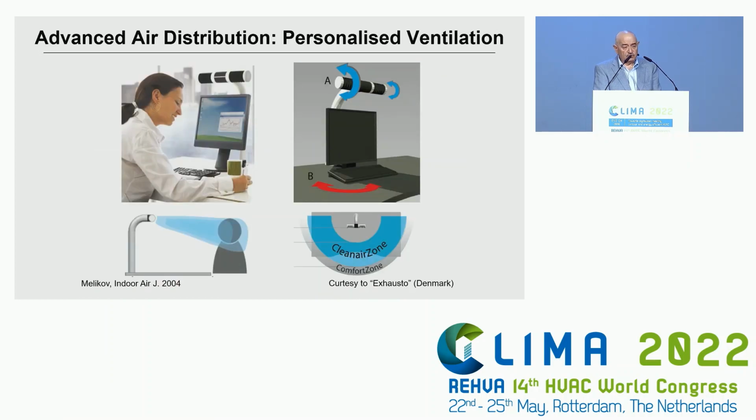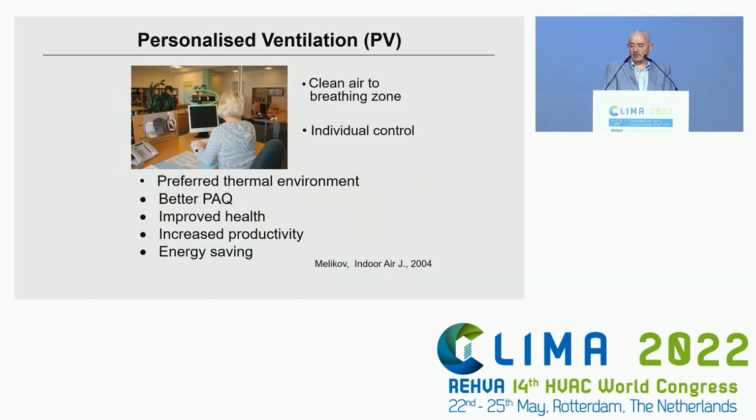More advanced air distribution is personalized ventilation, and in fact, in several guidelines which were developed in the last 2 years, on airborne transmission and COVID-19, personalized ventilation is suggested. And it's very simple. Simply, part of the air, as already mentioned, is supplied very close from an air supply device, which can be controlled by the user, direction, sometimes temperature and humidity. And during the last 25 years, we have studied this system, and we have performed a lot of physical measurements. We have done